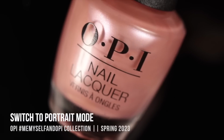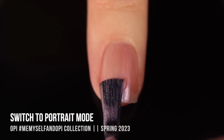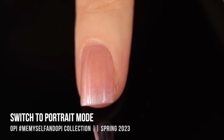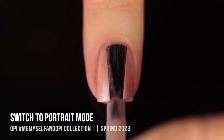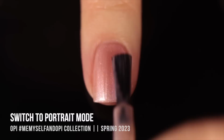Next up we have the shade Switch to Portrait Mode, and this one is a pearly shimmer shade and it's sort of in this light peachy color. Now I absolutely love shades like this because I feel like you can really build it to the kind of coverage you want. So you can see in the first layer it's really just this very sheer wash of color and shimmer, and in 2 coats I tend to like the way that it looks the most because you get